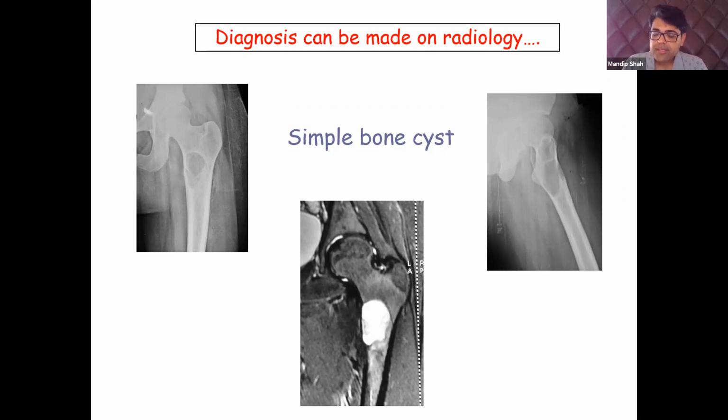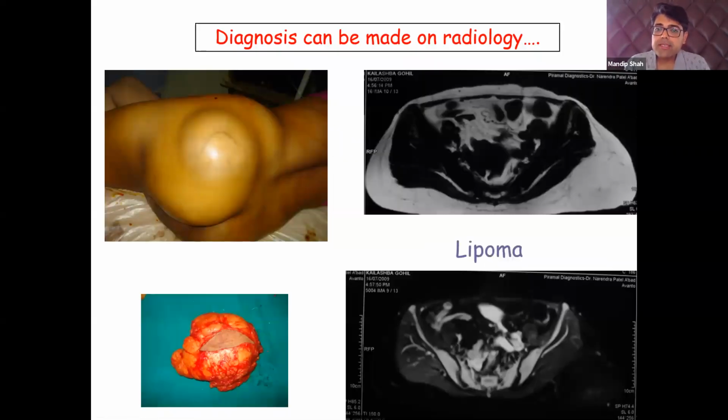So when we inject that in the cavity, we usually take a biopsy all the time, and that is how we get a biopsy in a simple bone cyst. Now, if you are planning any open surgery, which we don't do anyway these days, you should still take a biopsy. And finally is lipomas. Very, very classical lipoma, where you can see on all the MRI images, T1, T2, STIR, fat suppressed, you have classical fat signals in these subcutaneous areas. You know that you are looking at a lipoma.